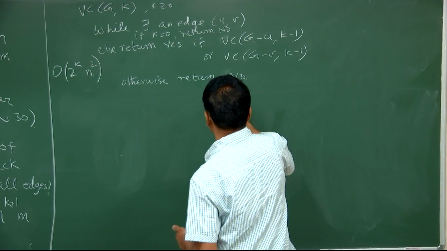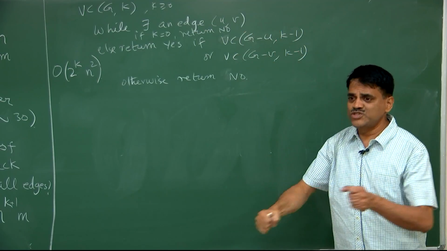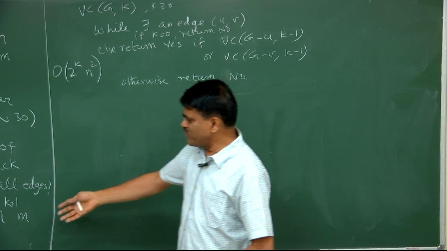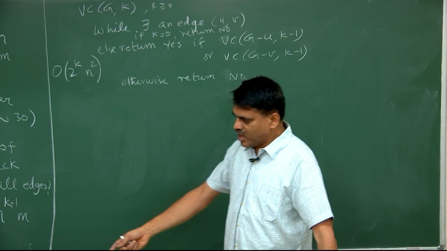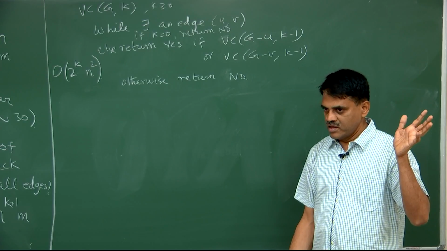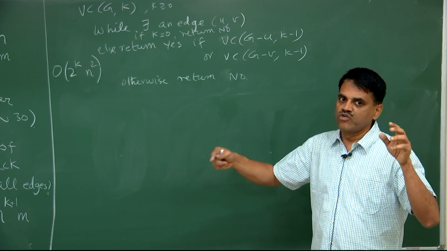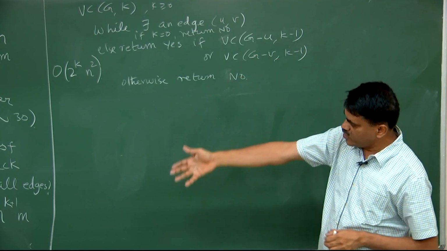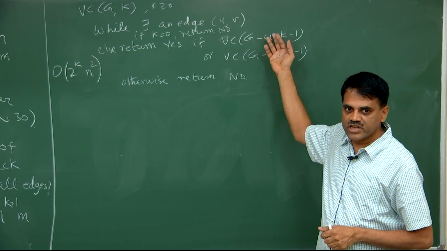So here the observation was that if you have an edge, one of the endpoints must be there. So all we are saying is, when you are trying all possible subsets, don't explore a subset which avoids an edge completely. If you want to make sure that every edge is touched, then you don't need to try n power k. You just need to do 2 power k kind of